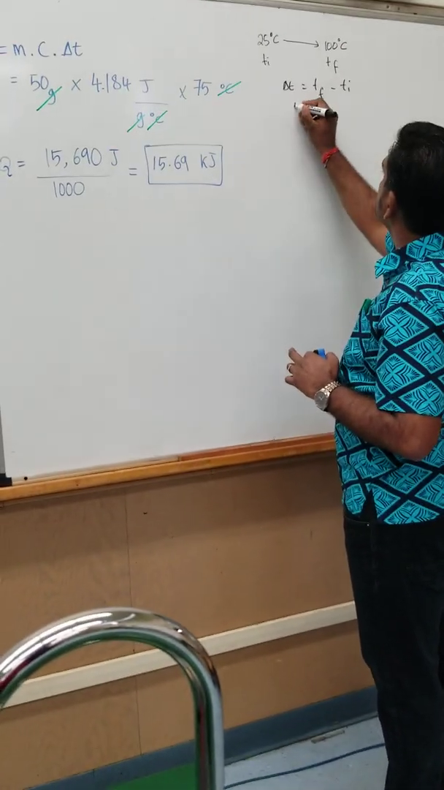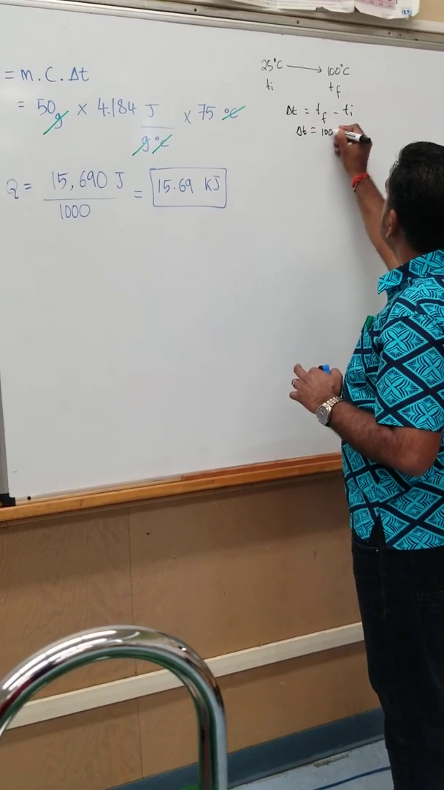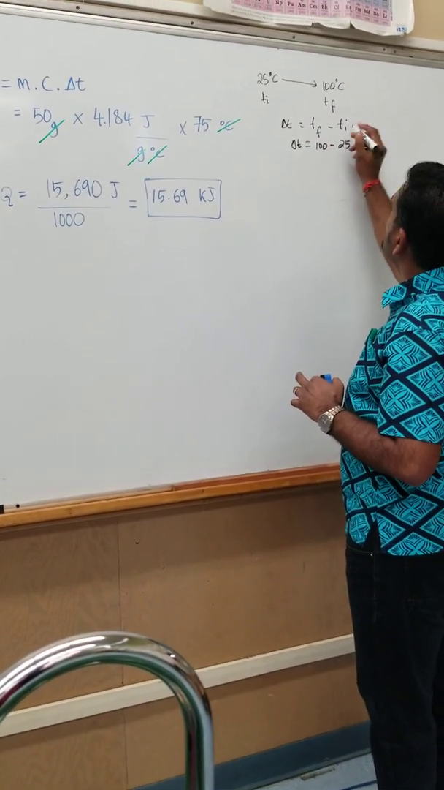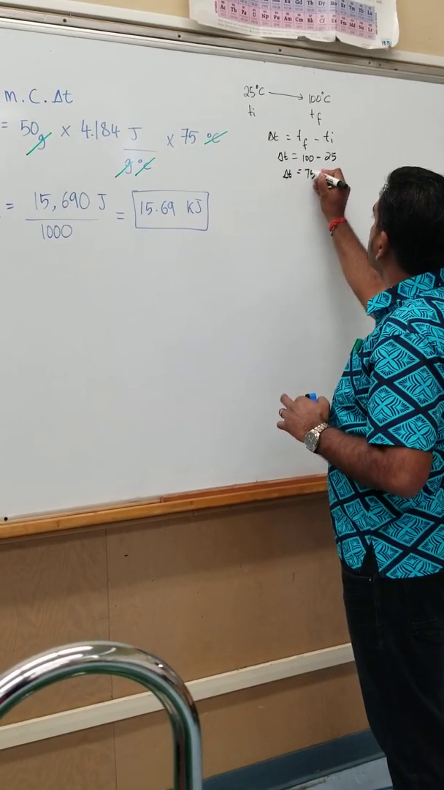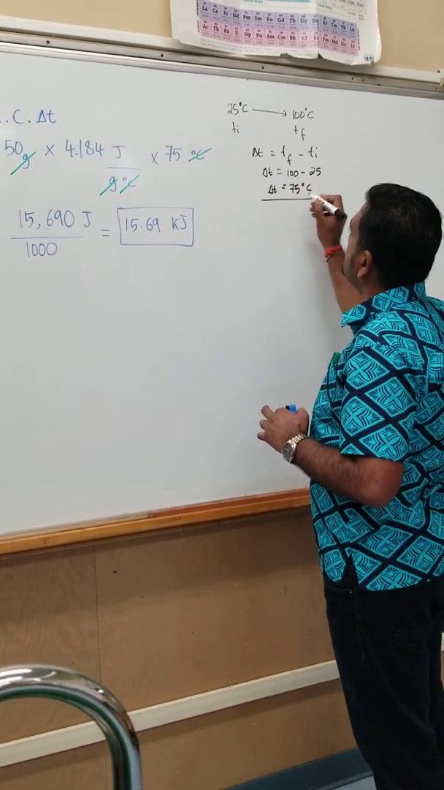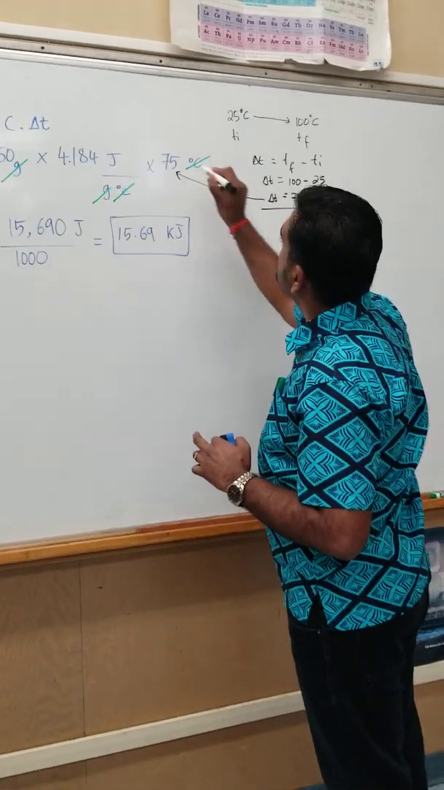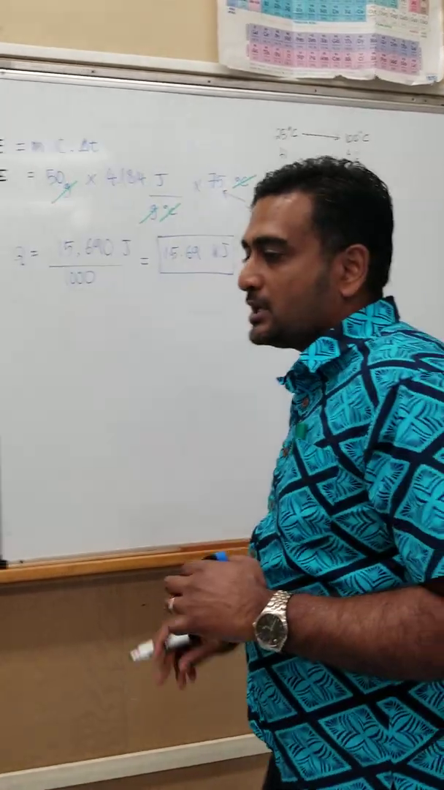Final temperature was 100, and I subtract 25 from it. Initial temperature is 25. I add a temperature change of 75 degrees Celsius. So this is where the 75 degrees Celsius is used. And if we use a calculator and multiply all the terms in it,